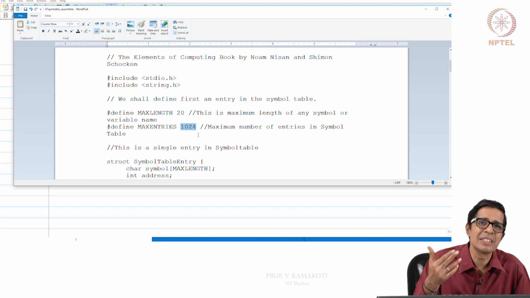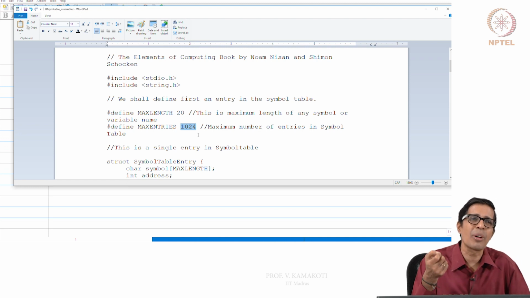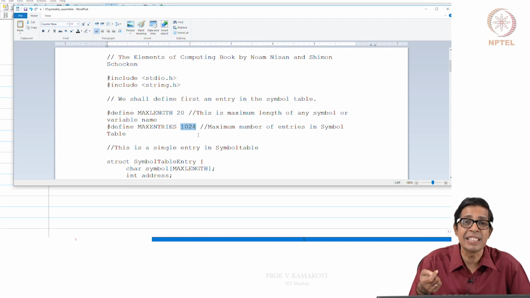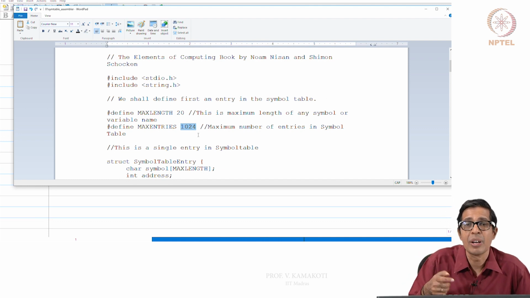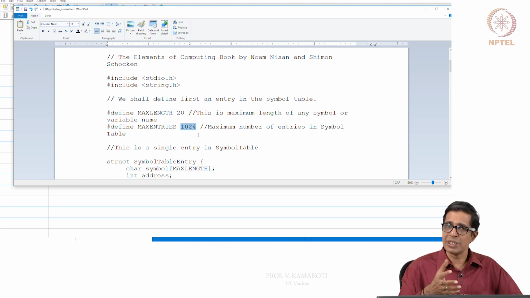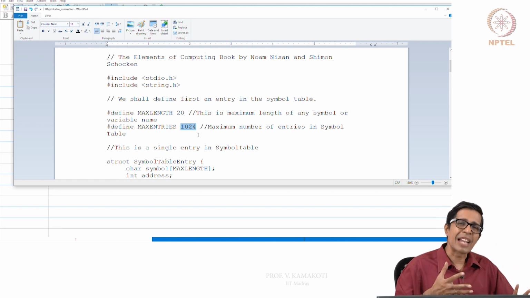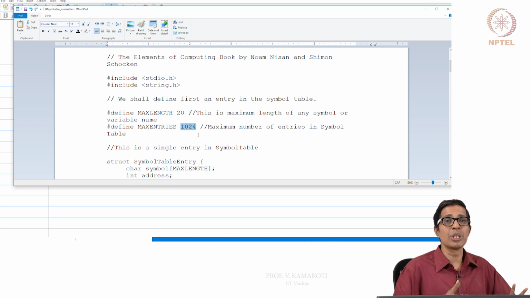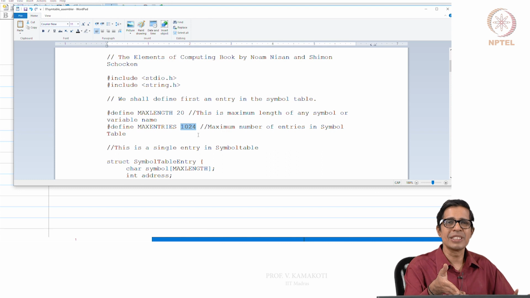So the particular software responsible for generating the assembly code, right, that software or the person who creates that software should be aware that the max length is 20 for a character string and the max entries are 1024 in the symbol table. So I cannot actually assemble a program which has more than 1024 symbols, right? That is what this basically says, right?